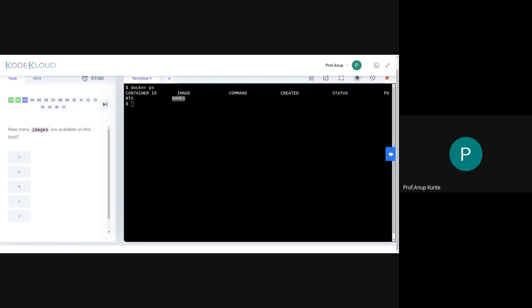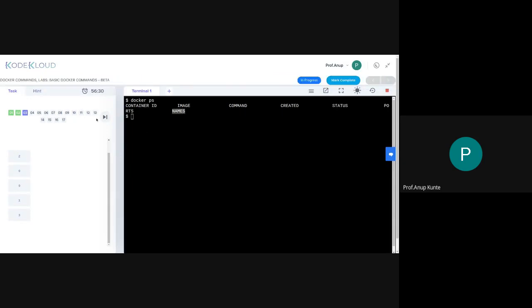That is, how many images are available on this host? Okay, so these are the containers. A container is something that is in execution. An image is the raw version of it. It's like a text file that describes what is there in the container, and after reading the text configuration file, the Docker server engine creates the Docker and deploys it. That is what the Docker engine is doing. It is reading the image file, and from the image file it is trying to understand what will be the apps running on the Docker, and what will be the software libraries required to run the Docker.